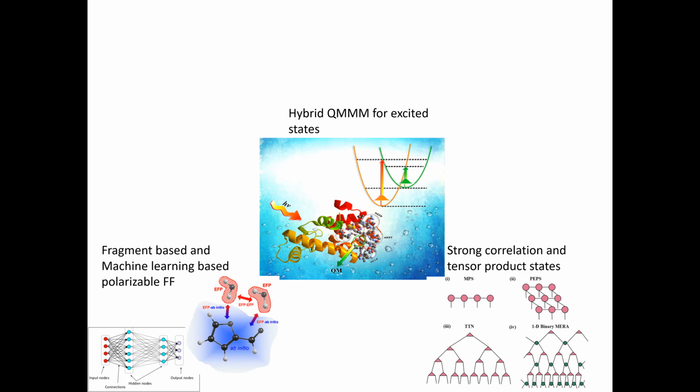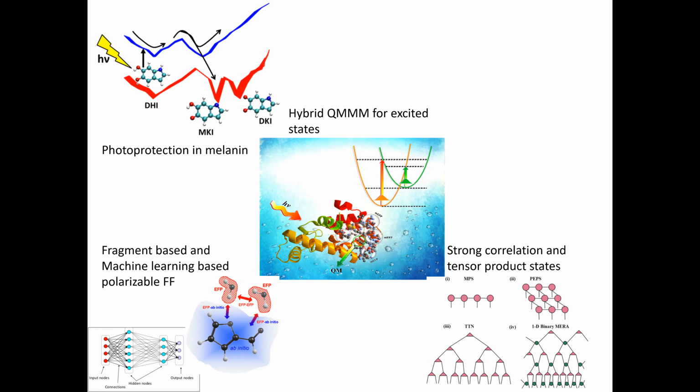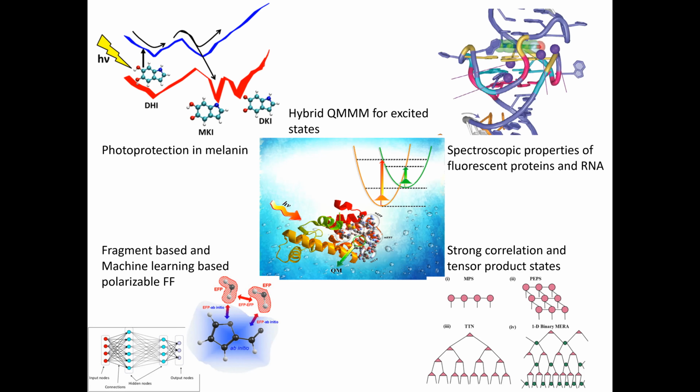We also developed some methods that can deal with strongly correlated systems, because after all, the excited states are strongly correlated. Once we have developed those methods, we apply them to systems that we like, such as photoprotection in melanin. We look at some spectroscopic properties. Of late, we have been interested in singlet fission, but I'm going to explain a little bit about some of the systems at first, and what kind of phenomena we might be interested in, and how they connect to